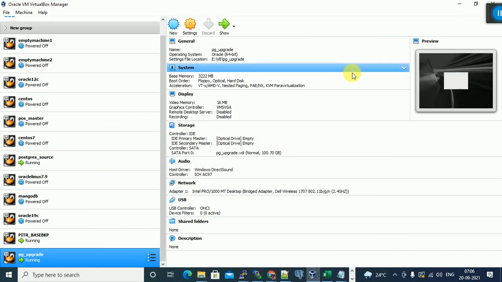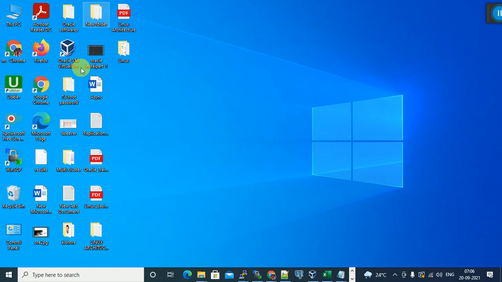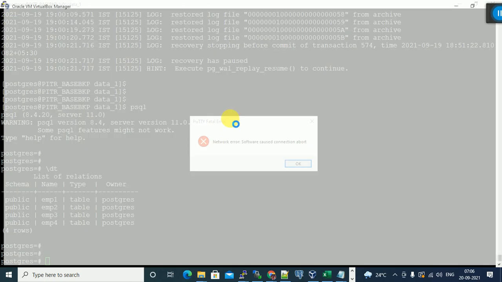How to start the virtual machine after installation? Just on the desktop, you are able to see the Oracle VM VirtualBox icon. Double click on that. It will open the Oracle VM VirtualBox.